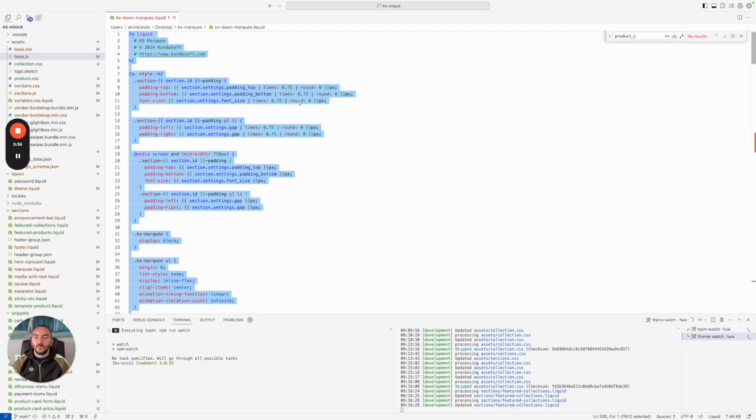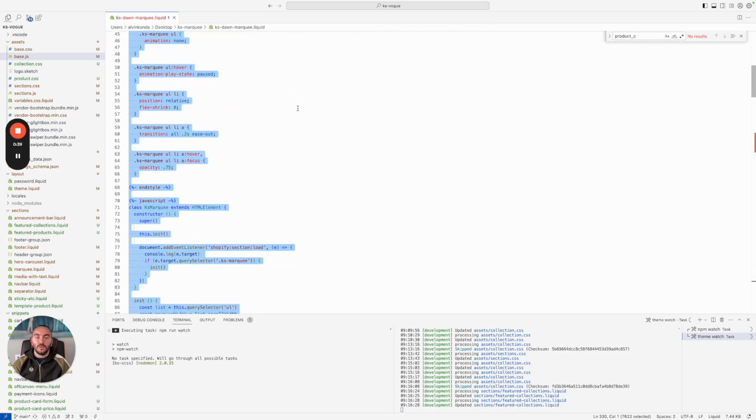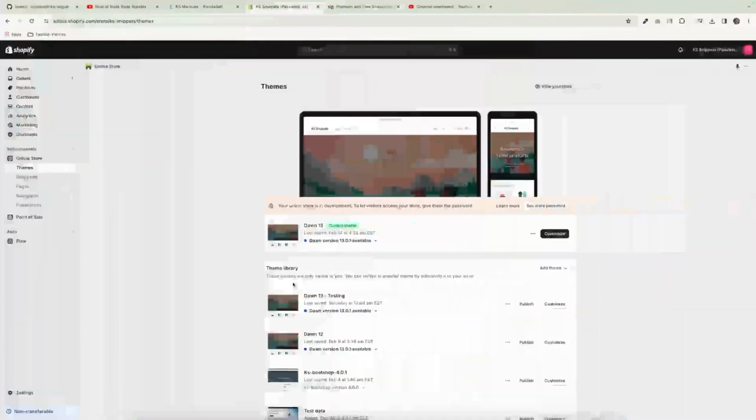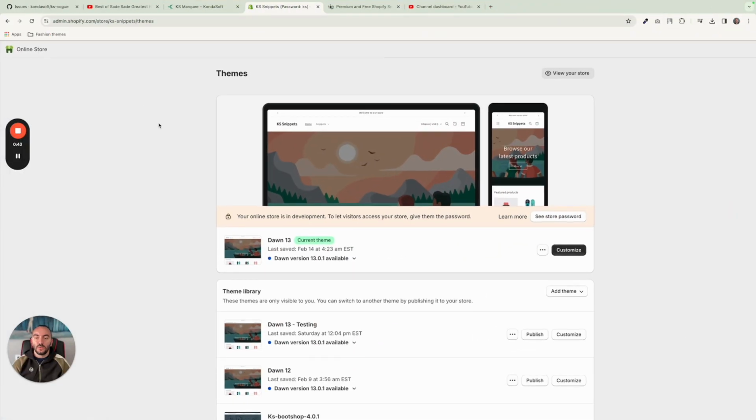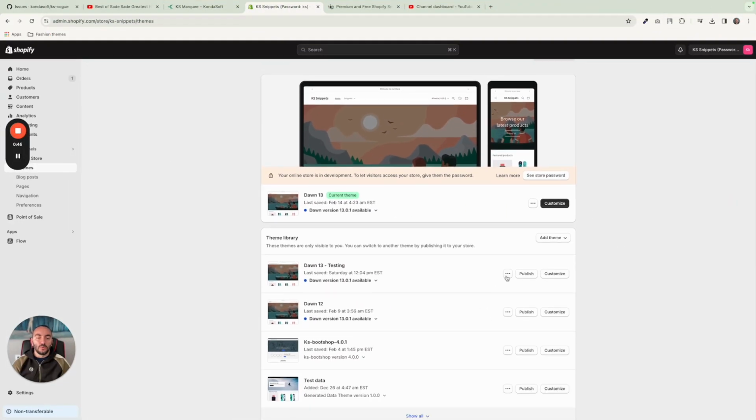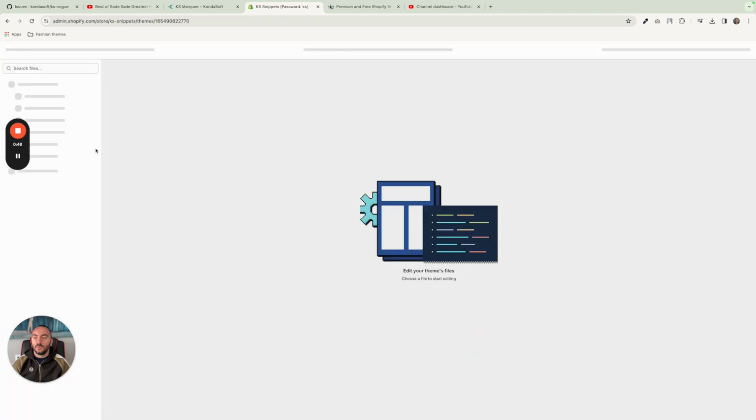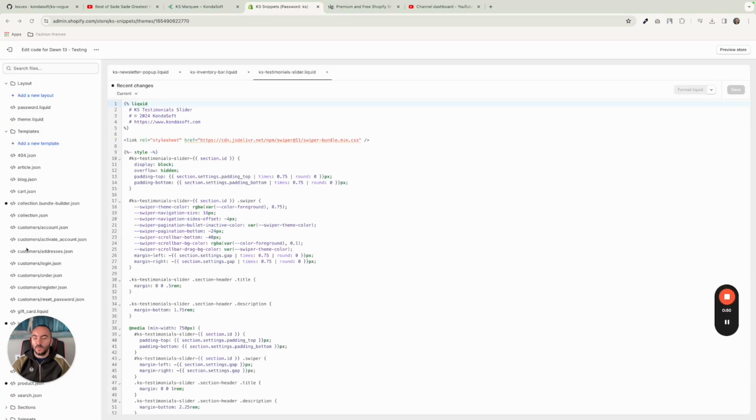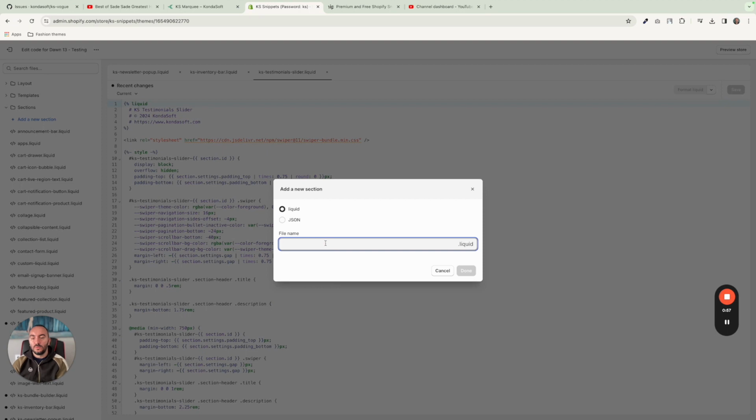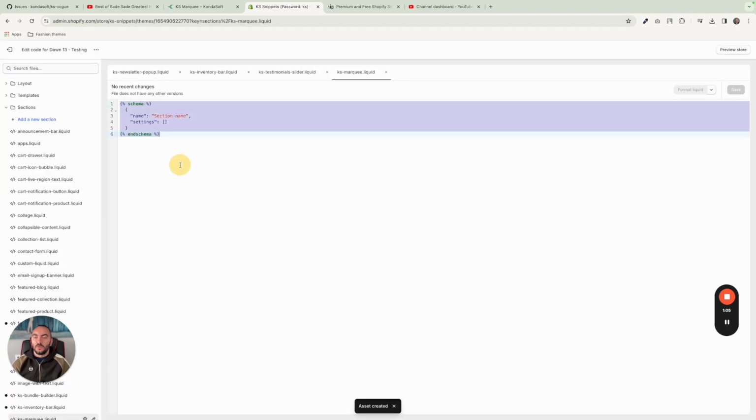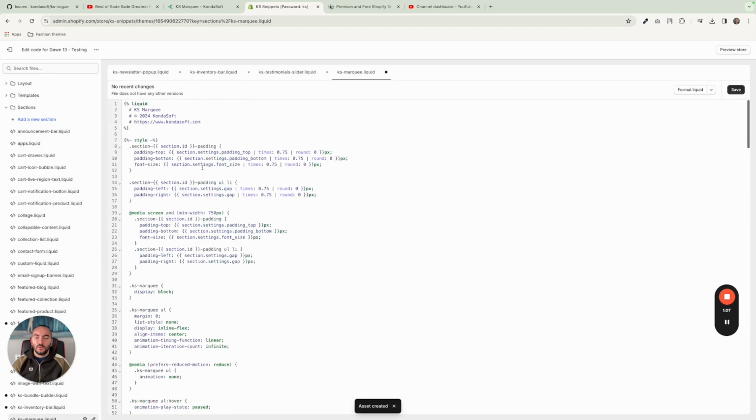Okay, copy all the contents of the file, and from your Shopify admin, go to the theme you want to install it, edit code, and then from the sidebar on the left, since this snippet is a section, add a new section called KS Marquee. Okay, so all you have to do is paste the contents of the file that you have just copied and hit the save